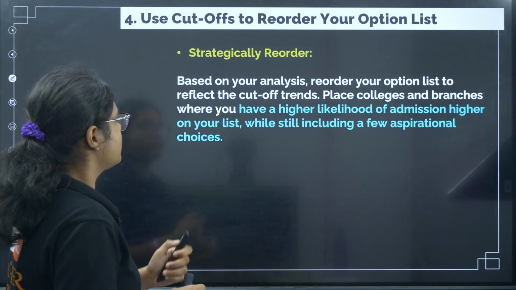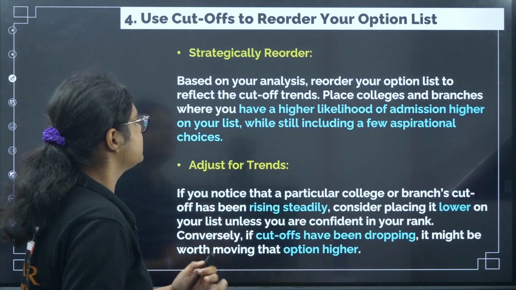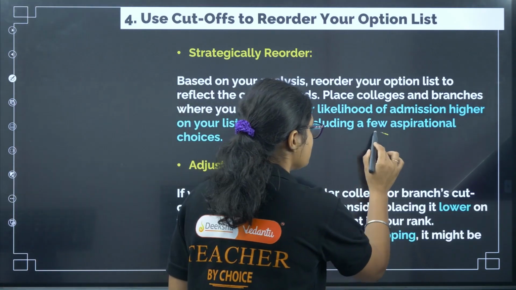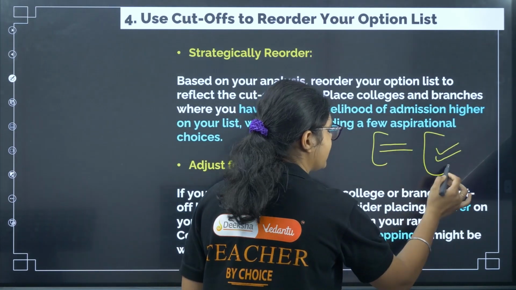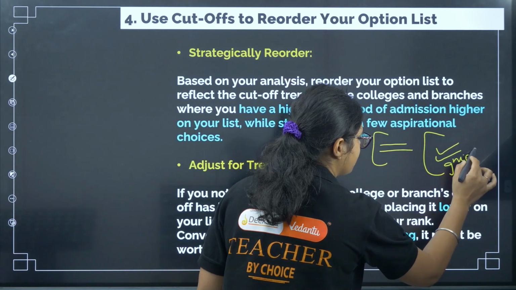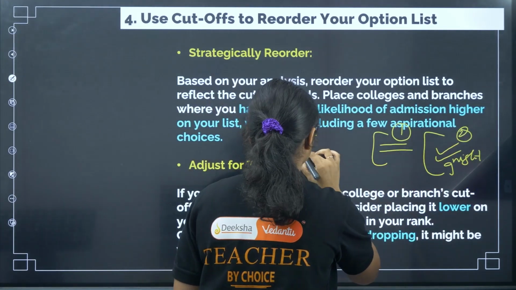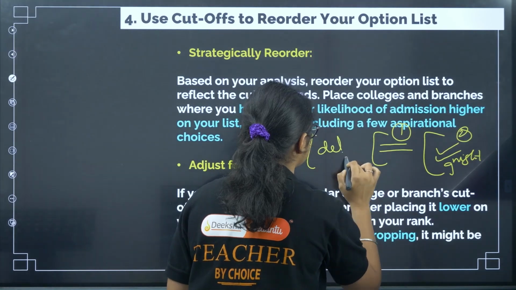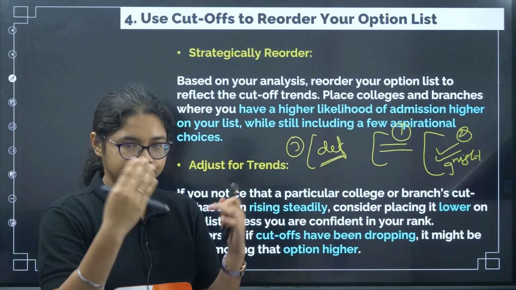Now coming to the fourth one, use cutoff to reorder your option list. So this one I have already discussed. Strategically you have to reorder. First, those colleges which you will not get. Second, those colleges which you might get, where there's a probability you might get or you may not get. And the third is where you will definitely get. The safe game you have to play on this side. Okay, so based on this you have to